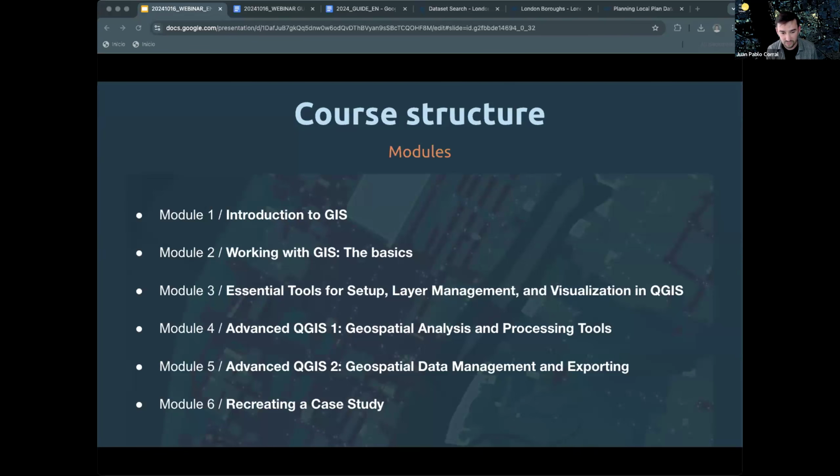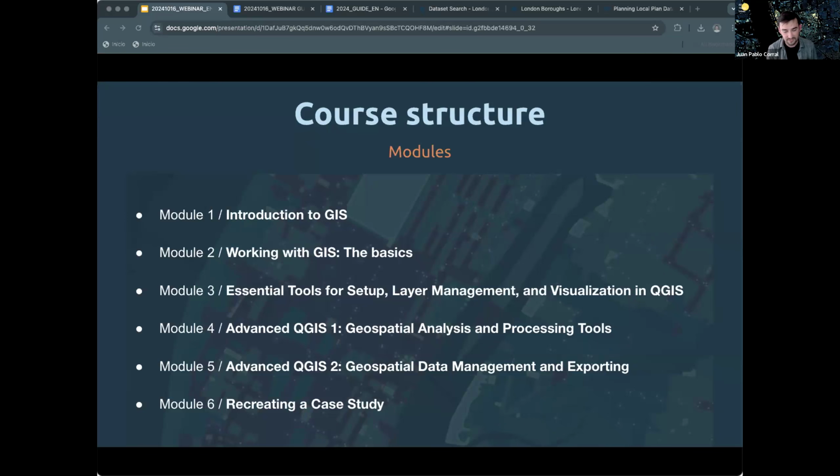This is interesting because normally when someone explains a software, it's about, okay, this is how you work with this. But here we also give you some guidance about how you should manage your geospatial data, because this is a big problem when working with this type of data: you have different versions, different data sets and more. This is key, at least in the urban environment. You will also learn how to export your data and create your own maps, with different resolutions, sizes, legends and more.